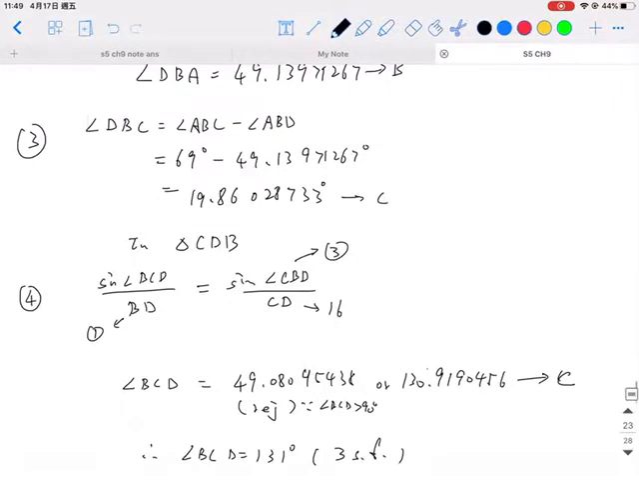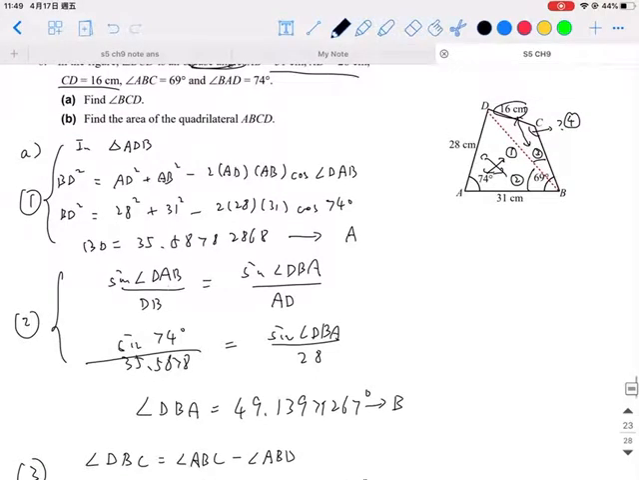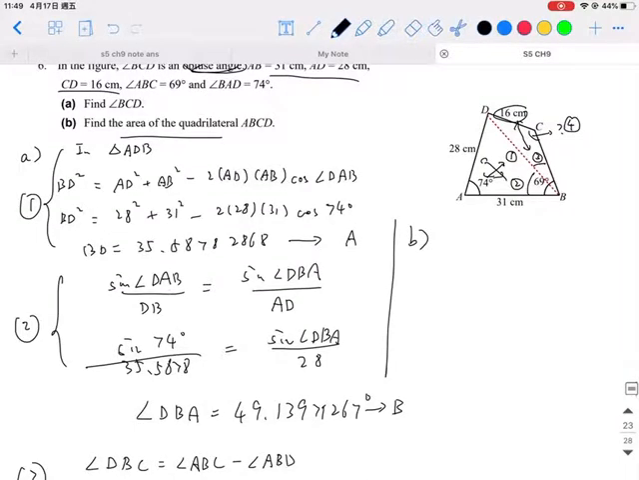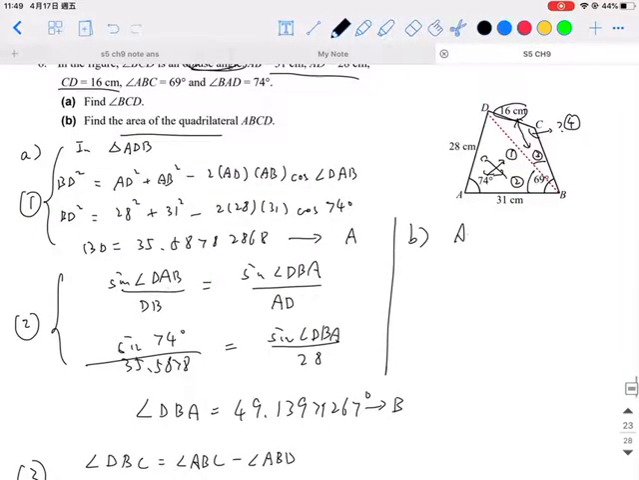Okay, so for part B, find the area of quadrilateral ABCD. So we can consist of two areas. The first one is the area of triangle ADB, which should be easy. You can apply Heron's formula or the sine formula anyway. So you can get this answer. So for part B, and then in triangle DCB,